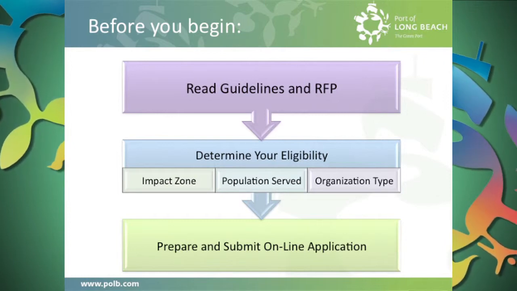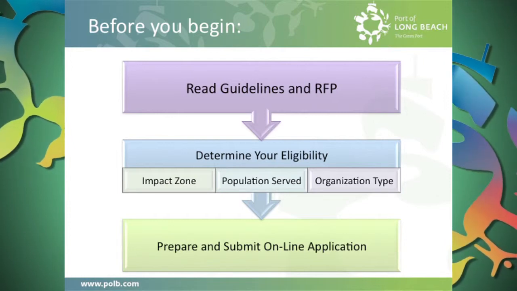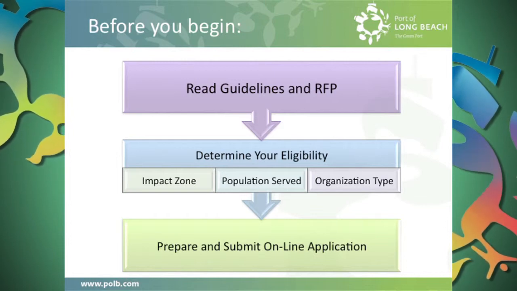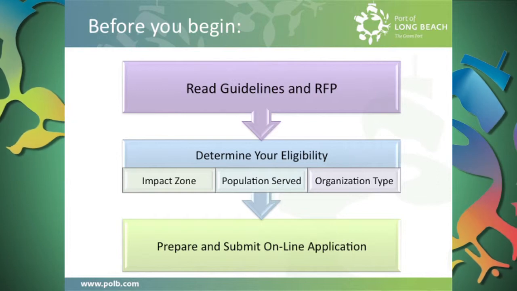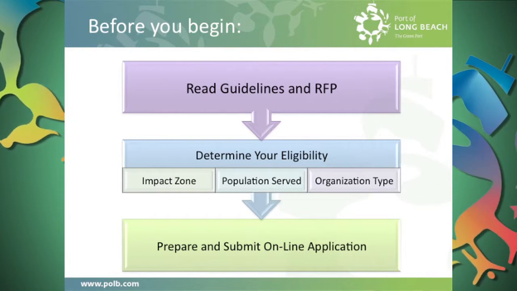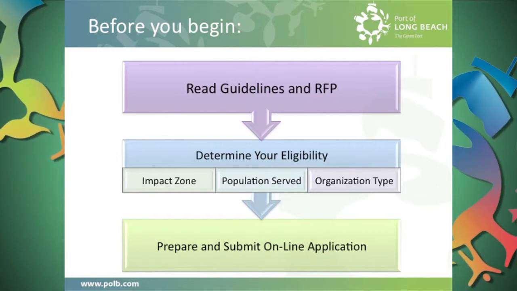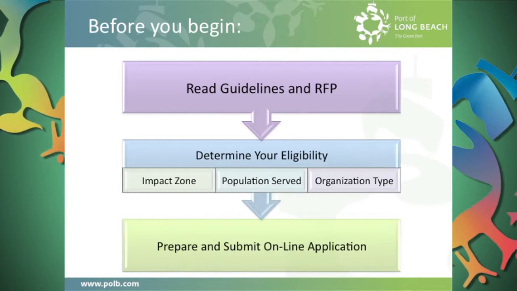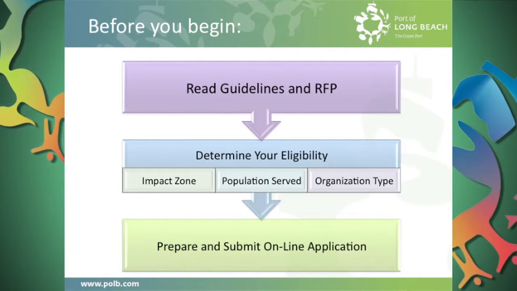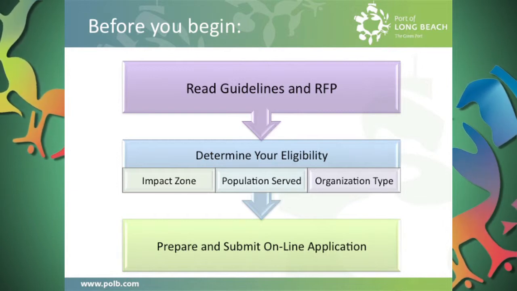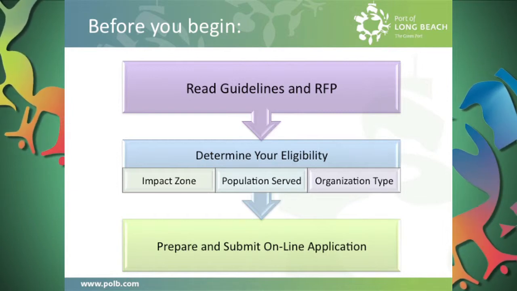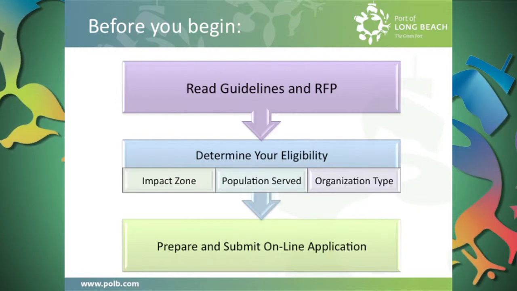So before you begin, read the guidelines, read the RFP, make sure that you're eligible. Ask yourself, am I serving populations in those 3 grant zones? Am I serving children, the elderly, pregnant women, or those with asthma and other respiratory ailments? And do I fall into that organization type? Am I a government agency, a 501c3, or a state health facility? And then once you've determined that you are eligible, then you can go ahead and move through the online application